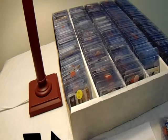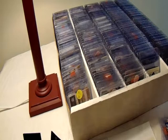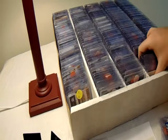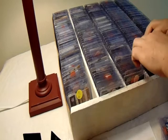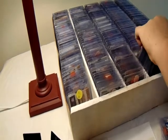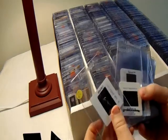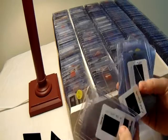I'm not going to go through this entire box. That would take forever. I actually have only gotten through these 2 rows myself. And one of the things I do want to point out, I'm going to have a seat here while we do this, is this is kind of a work in progress, to be honest with you. I found a lot of slides that did not have cards. So I have been going through,